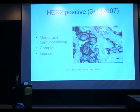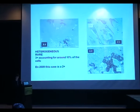So this was what we had. We had a complete membrane staining, very intense, but in less than 10% of positive cells, in less than 30% of positive cells. So it was a 2+. So those heterogeneous cases, it was back in 2009. It's not what we have today. It's the rest of my talk. But